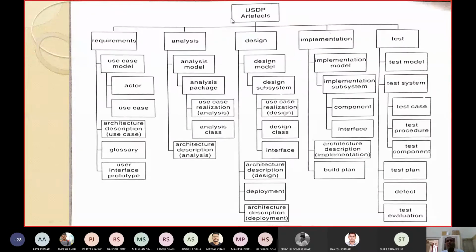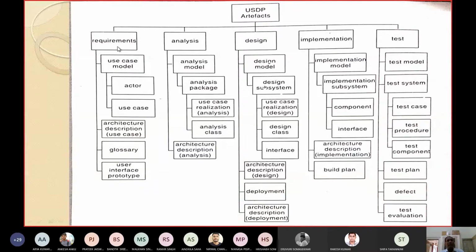These are some of the USDP artifacts, like requirements, analysis, design, implementation, and test. These are activities, and for each activity, these artifacts are required. For requirements, you can use a use case diagram, which consists mainly of actors and use cases.